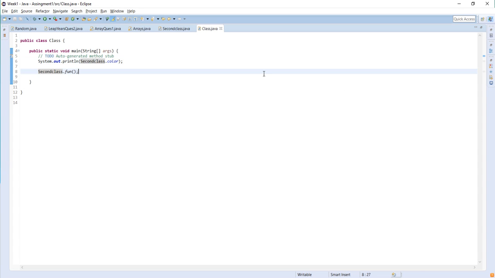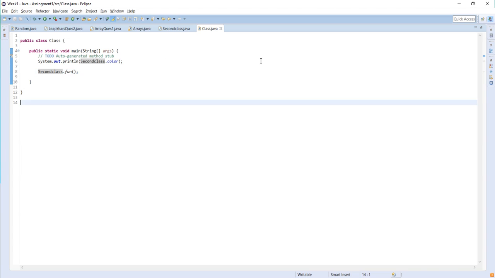If it would have been a non-static attribute or non-static function, we would have created that instance first using the new keyword and made an object there, and then we would have used that object to access the attribute or any function that's located inside.